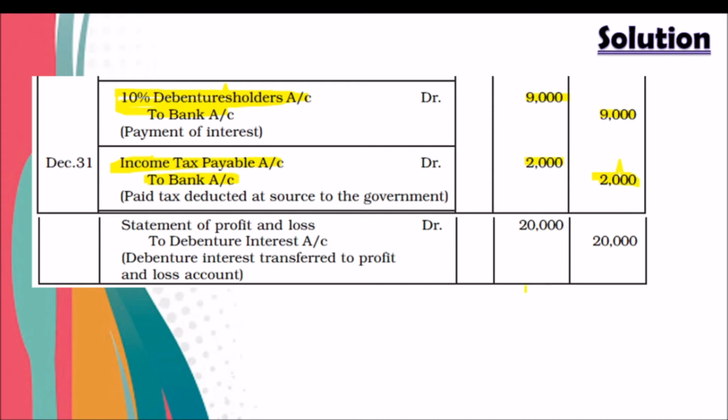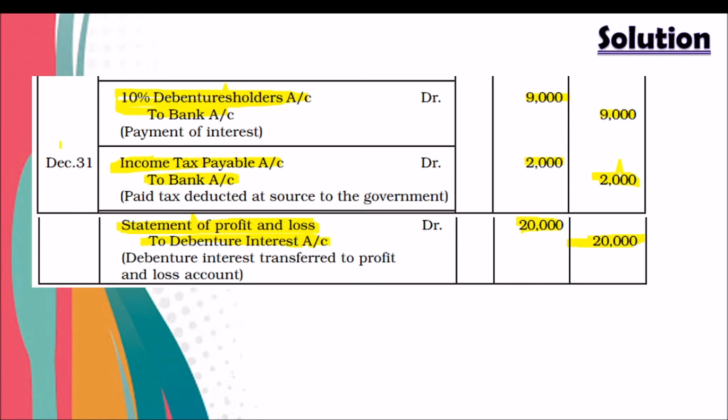And when we deduct the amount of interest from statement of profit and loss, so statement of profit and loss account to debenture interest amount will be 20,000. So my dear students, in this way we have to record the whole journal entry related to interest on debentures. That may be asked for the board exam. A 4-mark question will be asked. Now the method of redemption of debenture is deleted, so a lot of possibilities are there to ask such type of question.